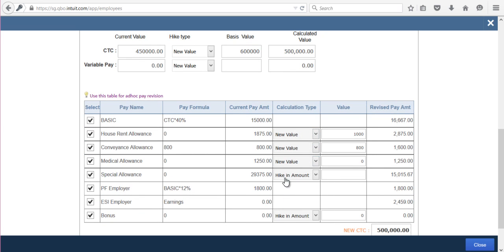As I told earlier, whichever component is not configured as formula based, if it is configured as ad hoc, then only you will get this calculation type drop down. You can enter the new figures. Directly you can update. Under breakups, you have to enter monthly values. If you are not increasing anything, you can enter the same amount.